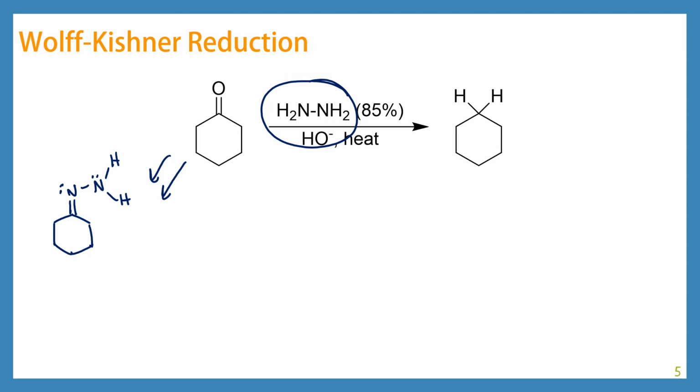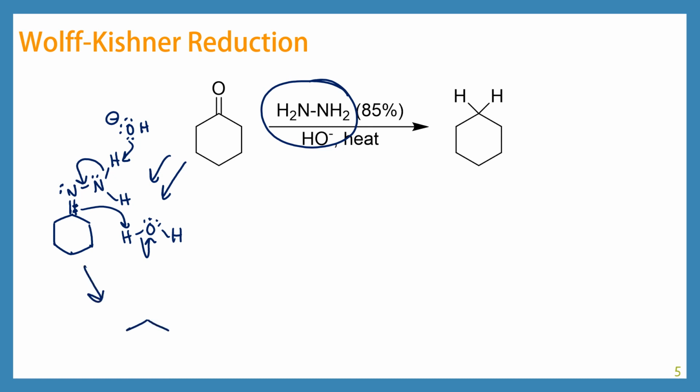Now this is where the chemistry gets kind of weird and also really, really cool. So we have hydroxide. Base is one of the key things in this reaction. And the hydroxide is actually going to deprotonate the hydrazone, which creates a double bond between the nitrogens and actually forces the pi electrons from the hydrazone out to pick up a proton from water, which will have formed in the formation of your hydrazone. So that was kind of a lot,